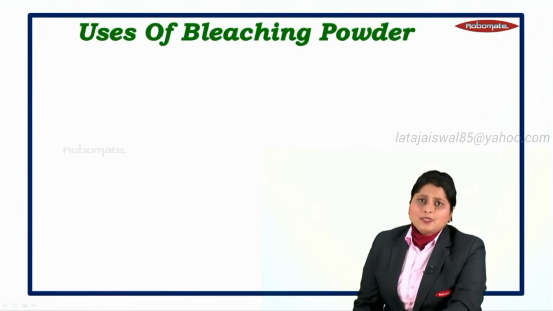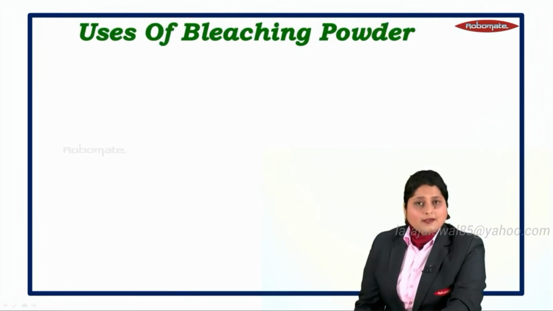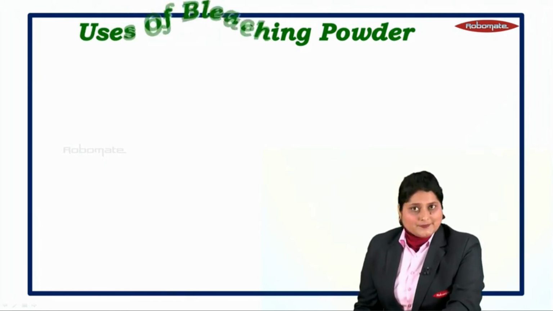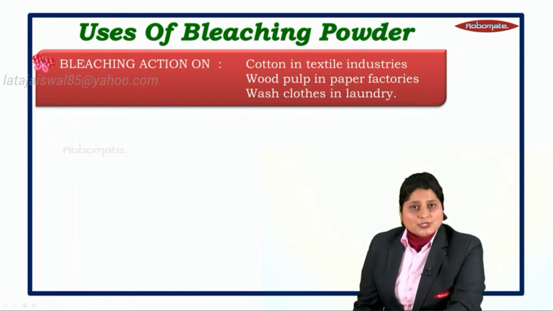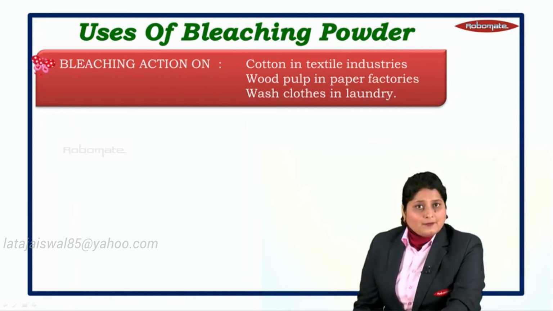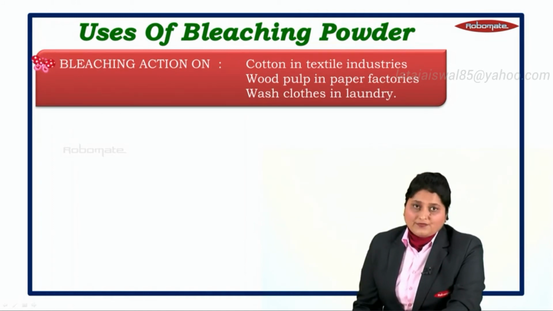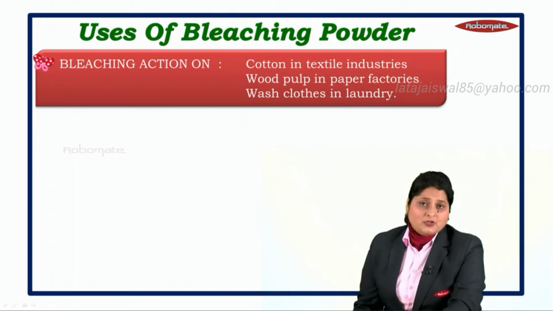Let's understand something more about bleaching powder under the heading of its uses. It is a very important compound. It has bleaching action on cotton in the textile industry, wood pulp in the paper industry, and it washes clothes in laundry. We give clothes for bleaching purposes, so that is why we use bleaching